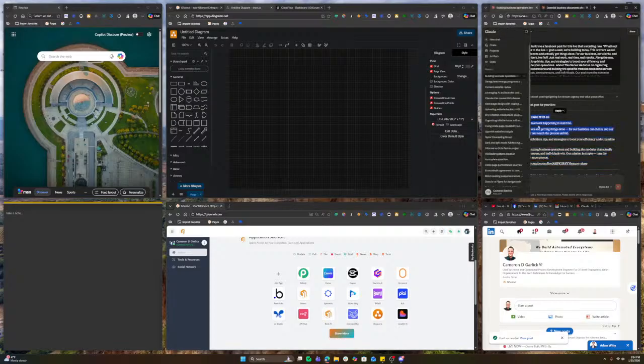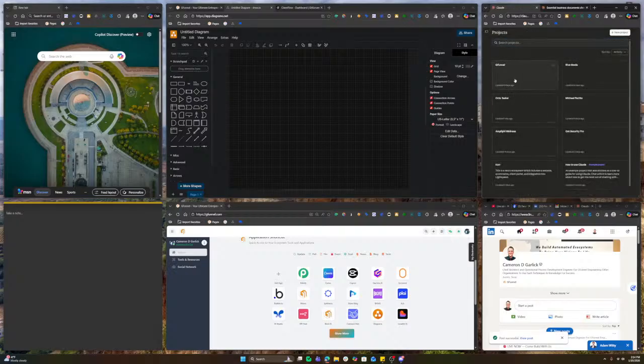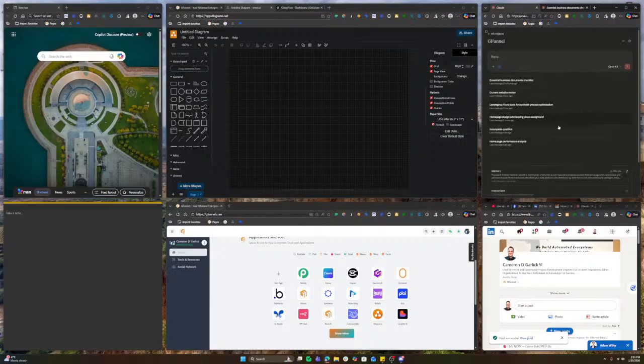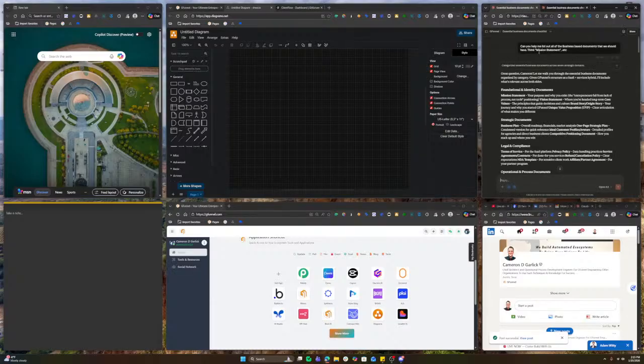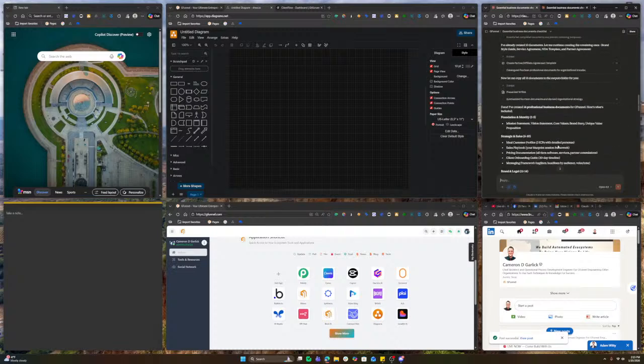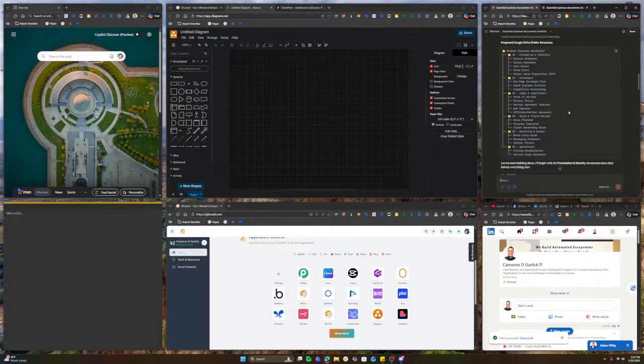So you see this on the right side, this is called Claude, right here. We're gonna jump in here, jump into some projects. I'm gonna jump into a GFunnel project really quick, and we're gonna jump into documentation. The documentation is based upon, do I have all my documents done for my business? Do I have my mission statements? My vision statements? My core values? My brand story? Do I have my unique value proposition, or my UVP? Do I have my one-page strategy done?